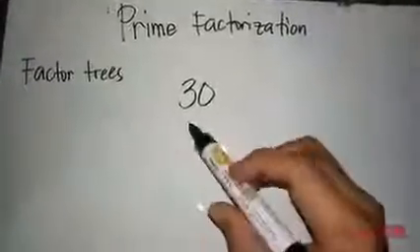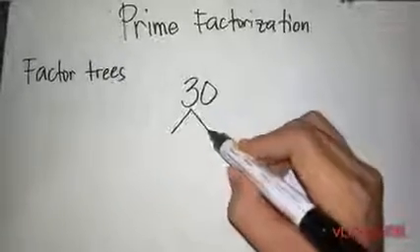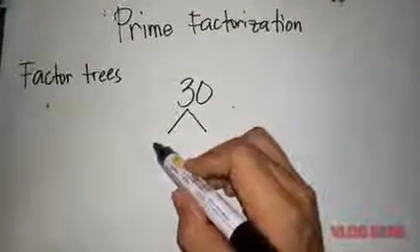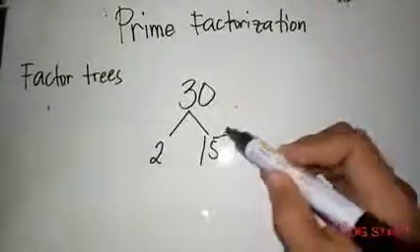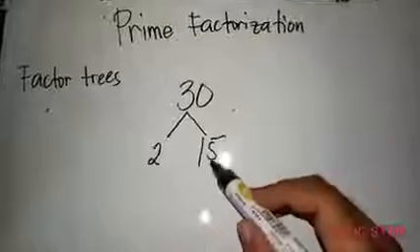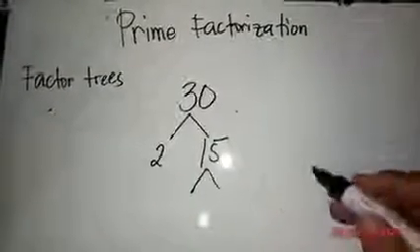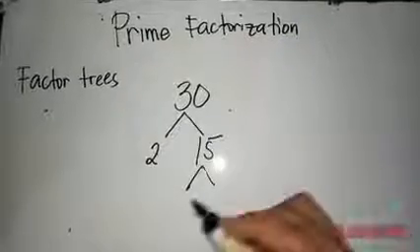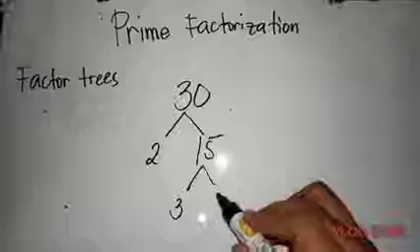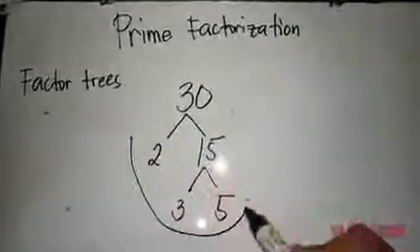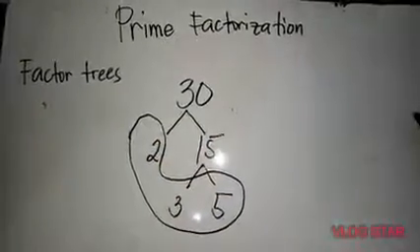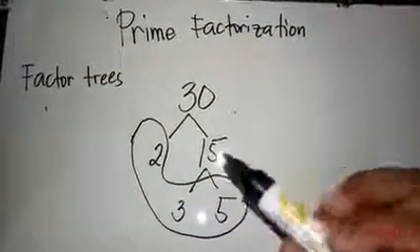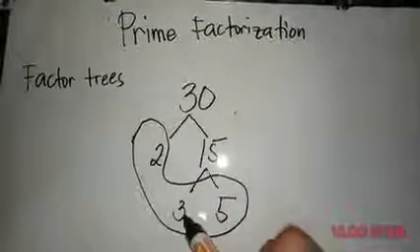Another example using factor trees is 30. Think of two numbers that when you multiply, the product is 30. 2 and 15. So 2 is a prime number, so we'll just proceed with 15. Think of two numbers that when you multiply, the product is 15. 3 times 5. This is what we call the prime factorization of 30. When you multiply these three numbers, the answer must be 30. So 2 times 3 is 6 times 5